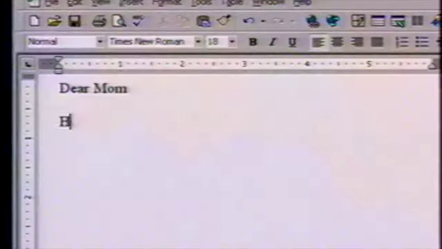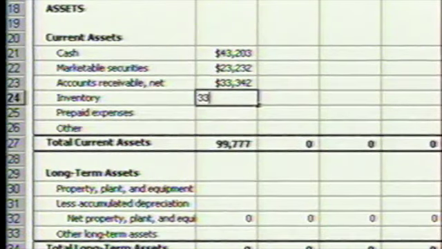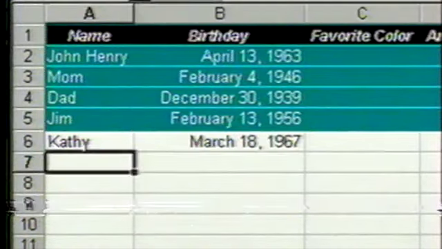A data file is something you create, like a letter to your mom or a budget or your checkbook information, or maybe even a database of your friends' birthdays. Important. Don't miss those birthdays. But an issue is that the data files that you create or use may or may not be ready for the year 2000. So let's play a little game, and hopefully people will see what I mean.